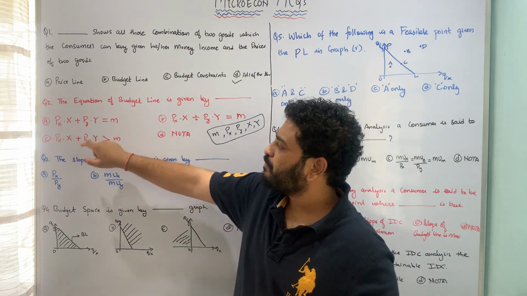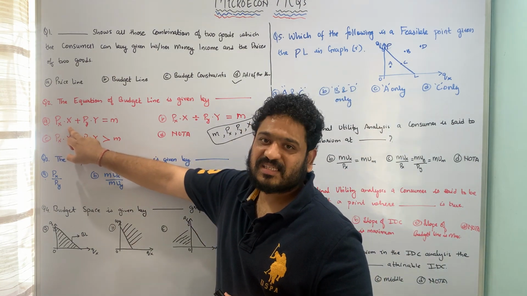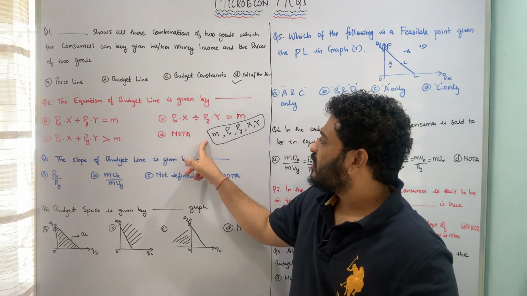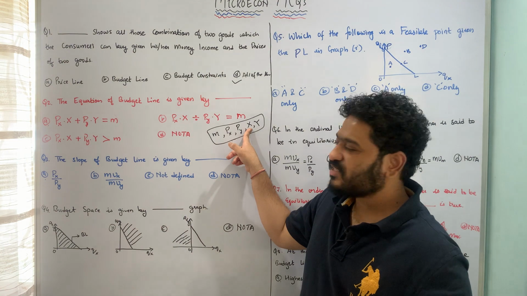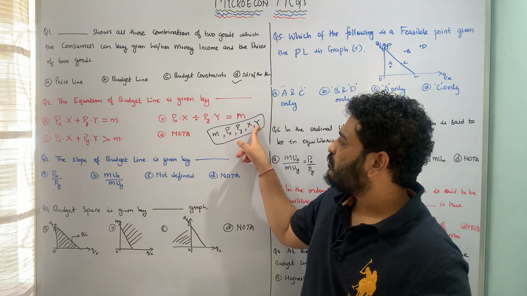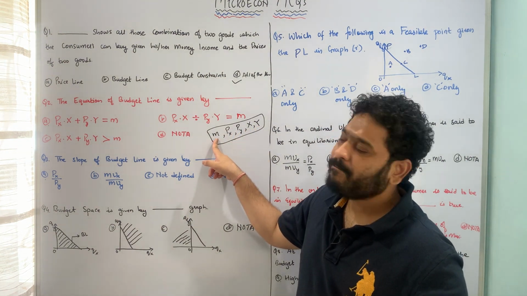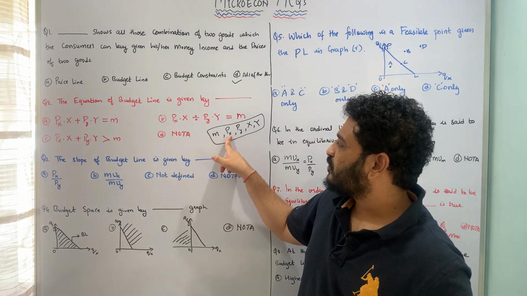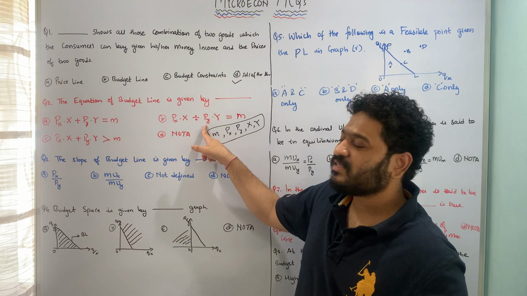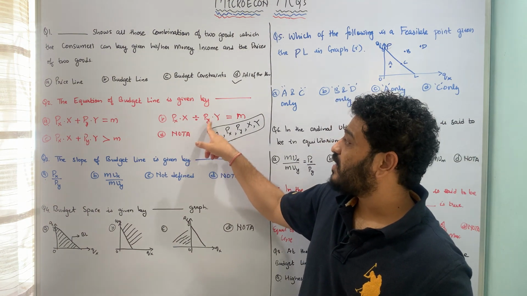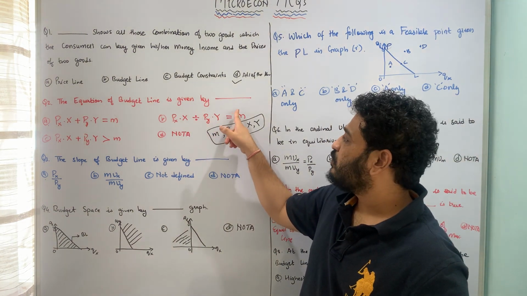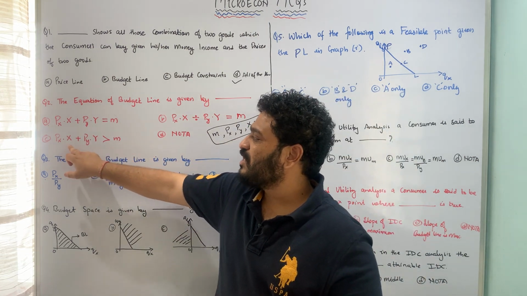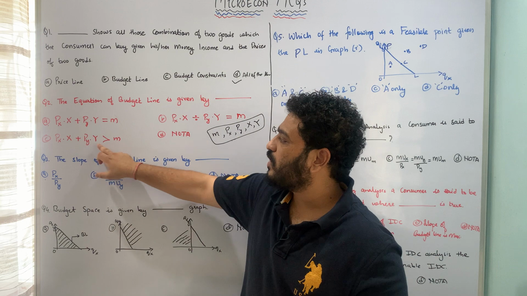So first option is Px into X plus Py into Y should be equal to M. That means price of X into quantity of X plus price of Y into quantity of Y should be equal to the money income M. The second option is Px into X, that means price of X into quantity X divided by price of Y into the quantity of Y should be equal to M. The next option is talking about Px into X plus Py into Y should be greater